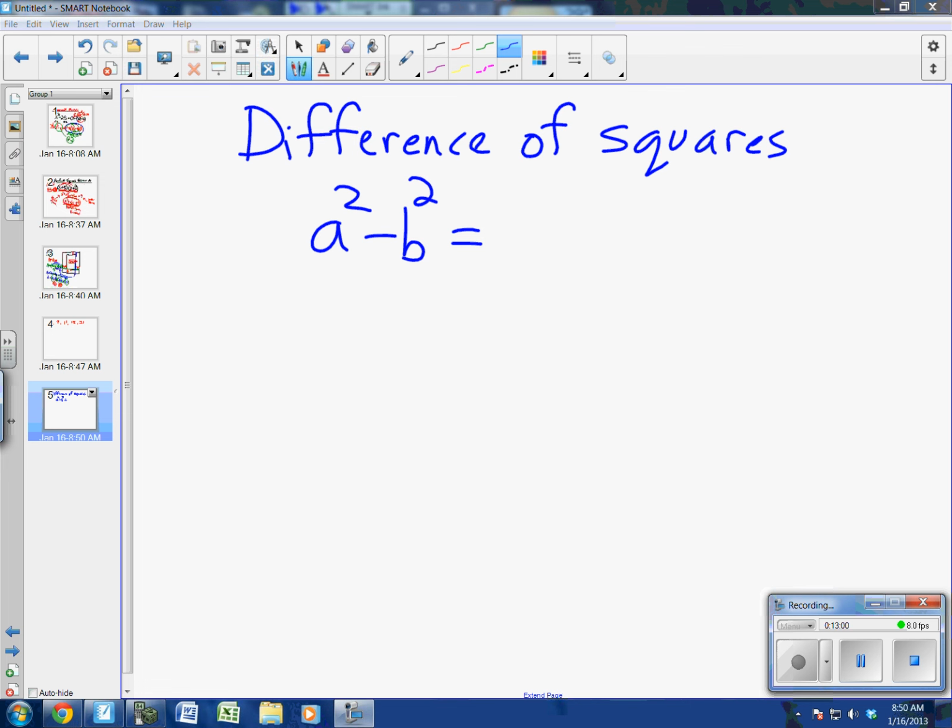Okay, take out your notes and write this down. I'm just going to review really quickly the difference of two squares. This is a formula for remembering the difference of two squares: a squared minus b squared is equal to,